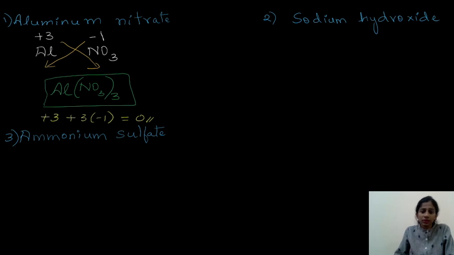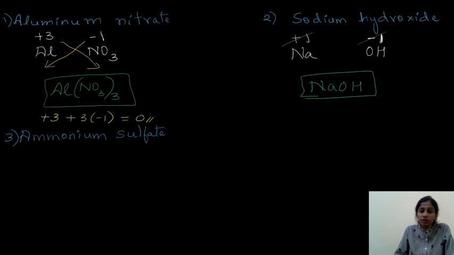Okay. In the same way, if you see the second example, sodium hydroxide. Sodium is a cation, hydroxide OH. So sodium group 1, so plus 1. OH, polyatomic anion, minus 1 is the charge. This one you have to memorize. Now if you see the charges are same, so when the charges are same, they cancel out, and the formula will be NaOH. Now I didn't use the bracket here for OH because the subscript for OH is 1. So when the subscript is 1, no need of using the bracket.